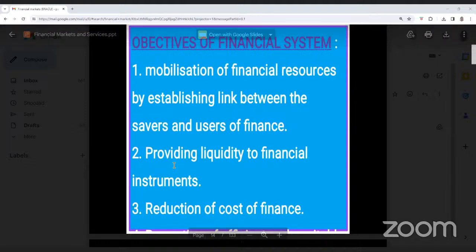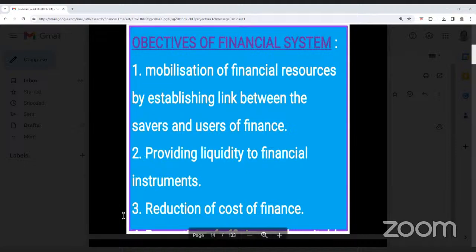So whatever the amount is given by the bankers as a loan, the person who has taken the loan will pay the interest. If he is paying 10% interest, the bankers will give 7% interest to the customer. The 3% of the interest is profit for the bankers. Is it clear? So the bankers are mediators between the financer and the saver.